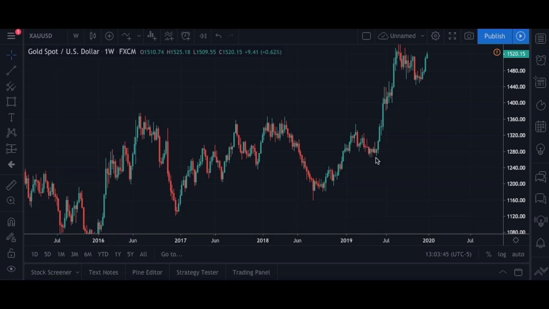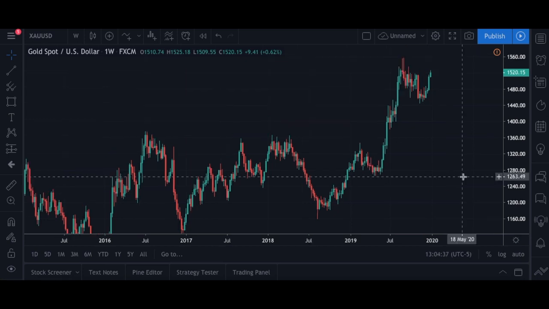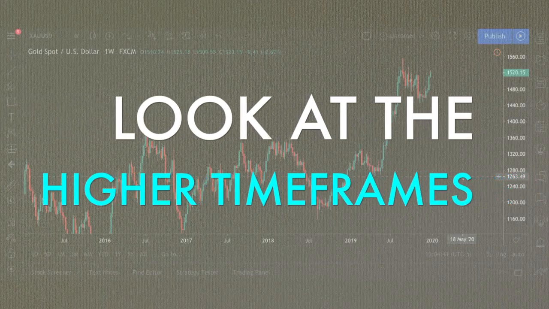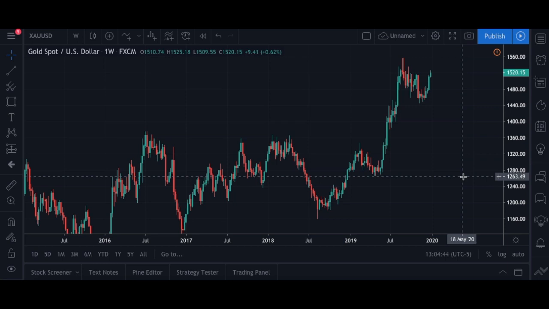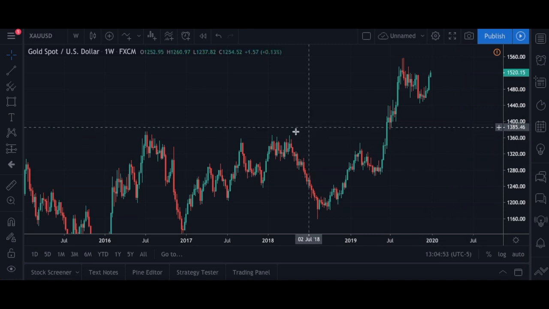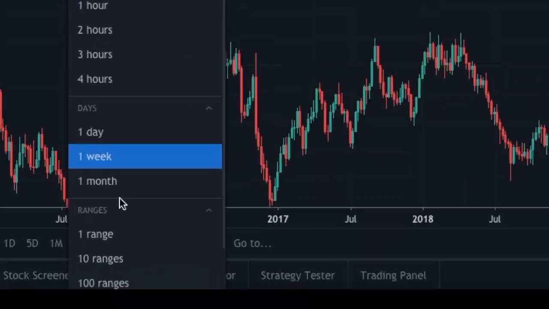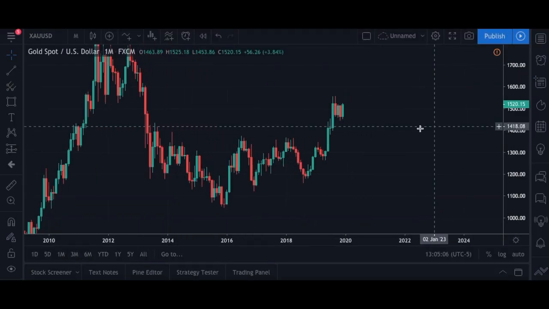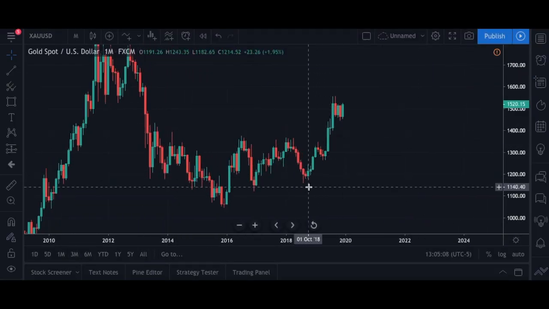So as you can see today, we're going to be looking at gold. The first tip that I'll share with you is that you want to look at a higher time frame when first identifying a trend in Forex. So in my opinion, the higher the time frame, the stronger and the more likely the trend will be what it is. So looking at gold, let's go on the monthly and let's look at more recent price action,